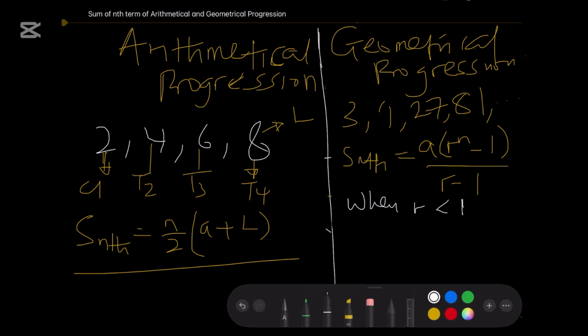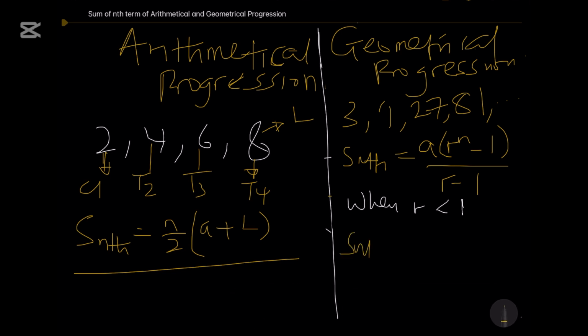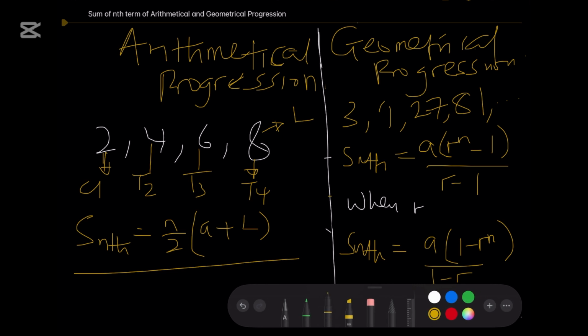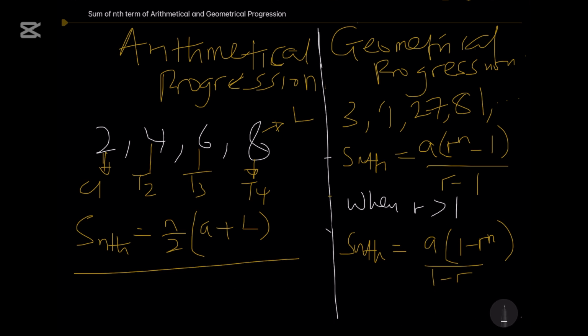And then secondly, we have the sum of nth term is equal to A(1 - r^n) divided by 1 - r. This is when r is greater than 1, and the other is when r is less than 1. So the essence is that if you look at determining the range of this equation,